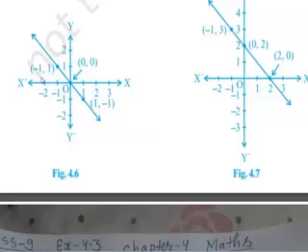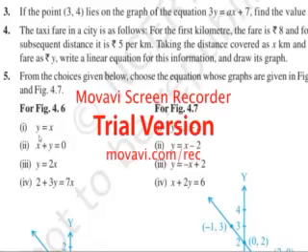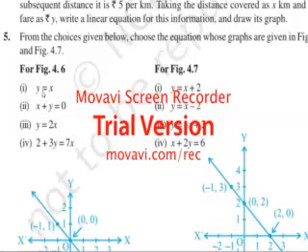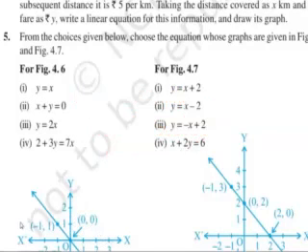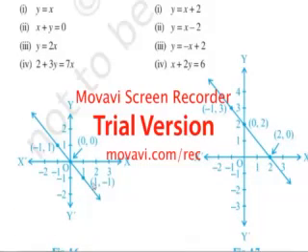If you will see, in all of them there is x plus y is equal to 0. When we add we get 0. So simply we can write x plus y is equal to 0. Now we will check whether it satisfies or not. If you will see y is equal to x, it is satisfied by 0 comma 0 but not by minus 1 comma 1, because minus 1 is not equal to 1. In the same way, if you will see the third point also, 1 is not equal to minus 1, so this is not satisfied.